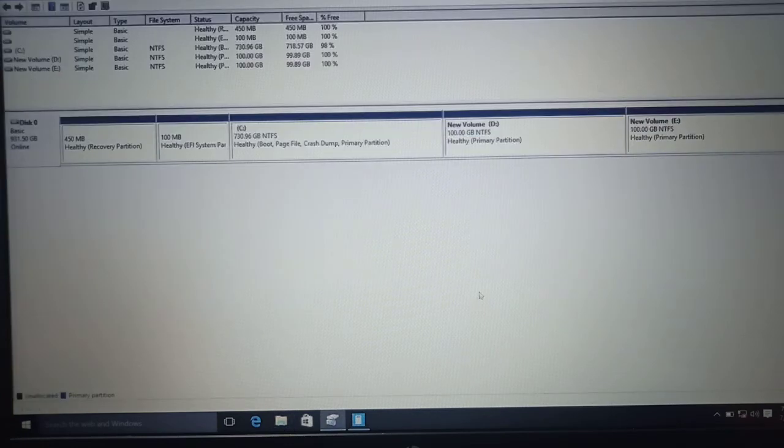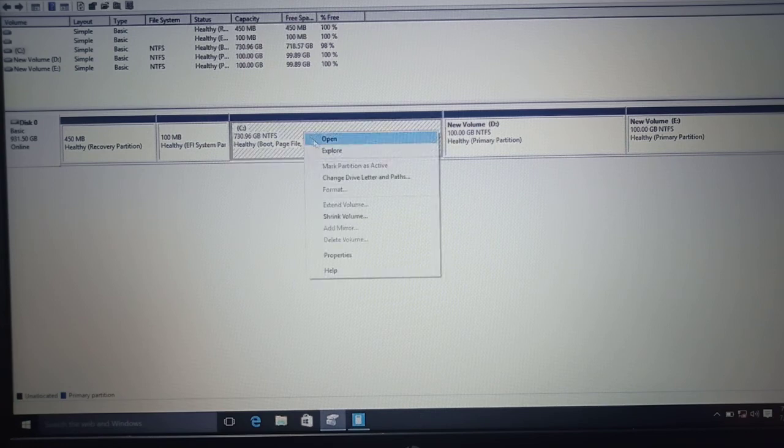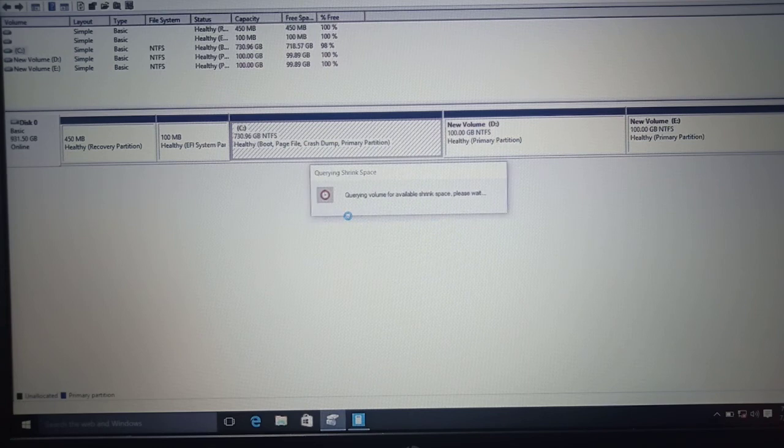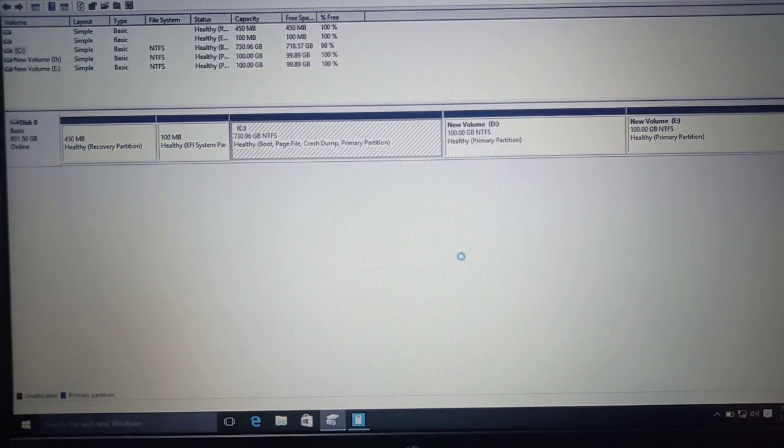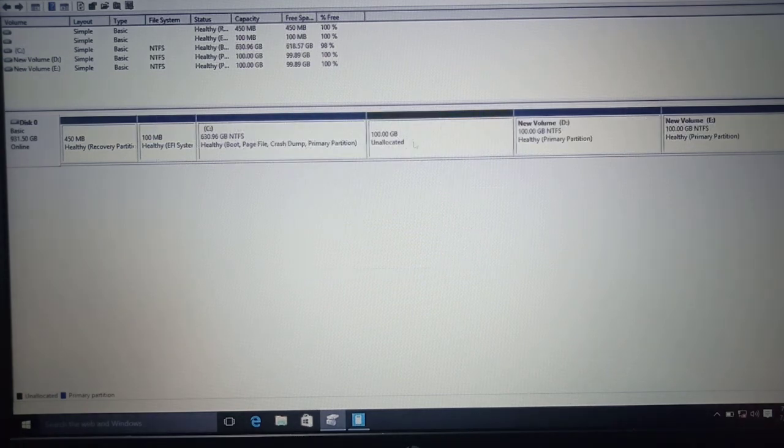Now let's say we want to install another operating system on this laptop. We can do this by allocating 100 GB. For 100 GB we need to enter 102400, and this is how we can create unallocated space.